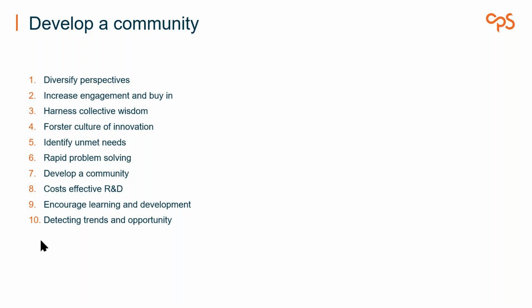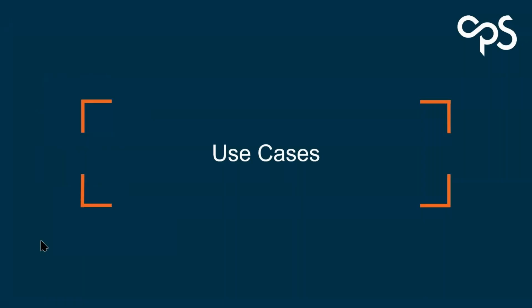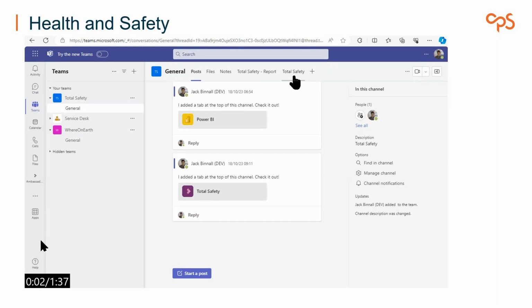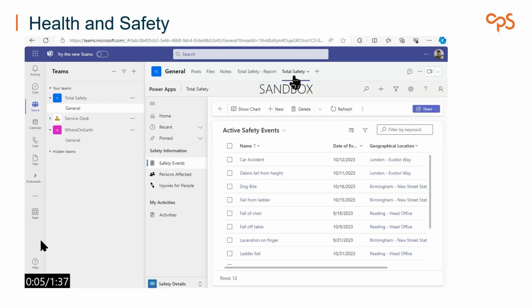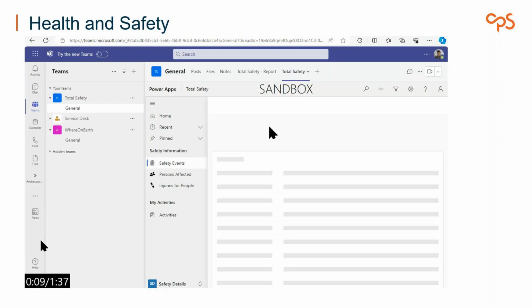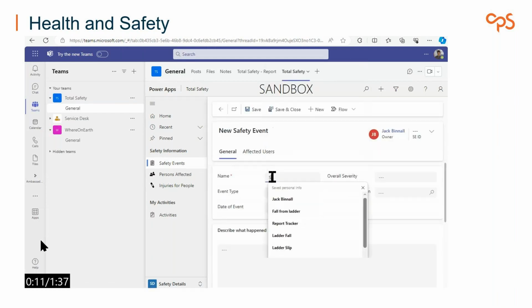And I'm going to just jump into a few demos now and examples of whereby communities have raised challenges to an organization and CPS have supported and created solutions to solve that. So the first one is a health and safety solution. So this was for a manufacturing organization, and ultimately we created an application that can be used to monitor health